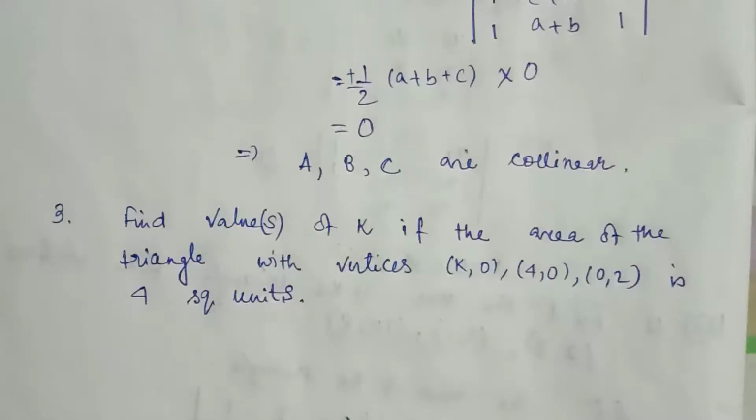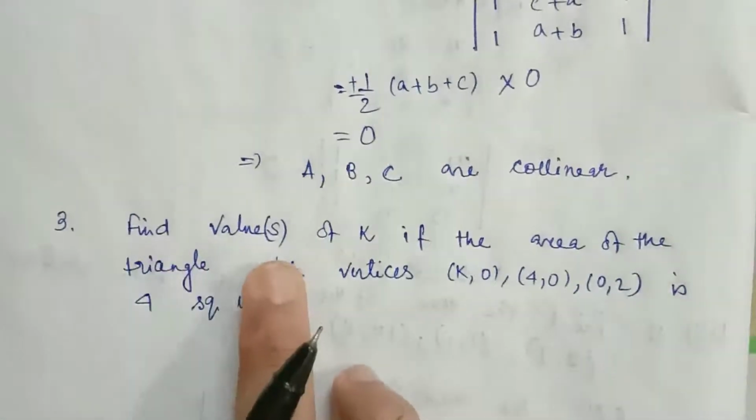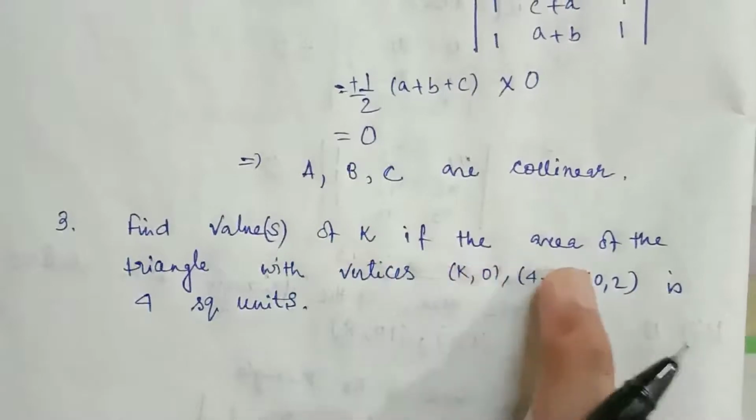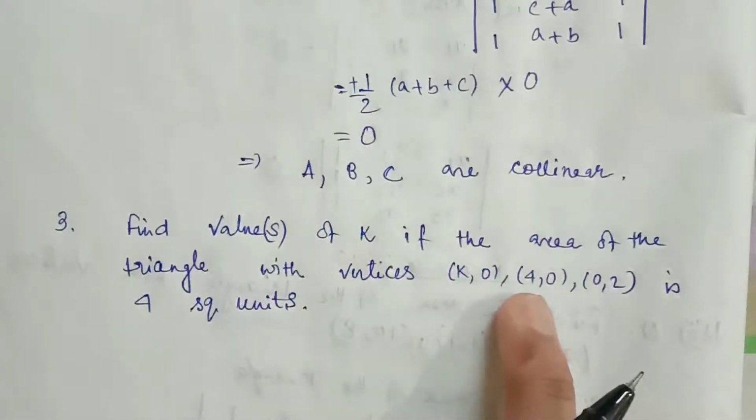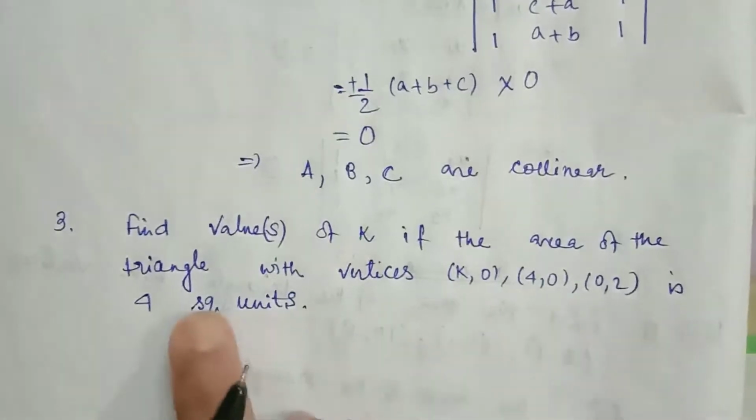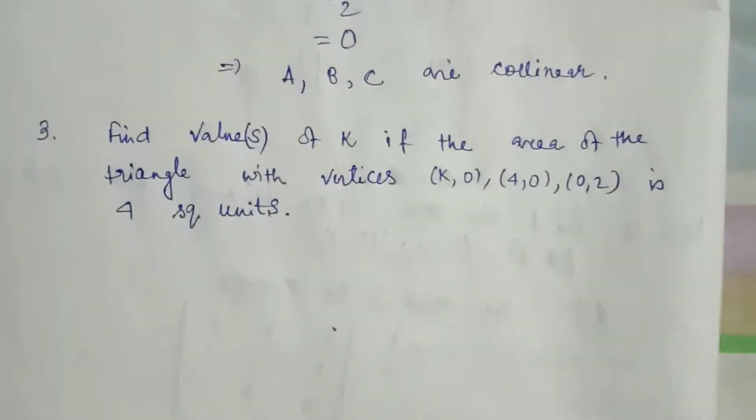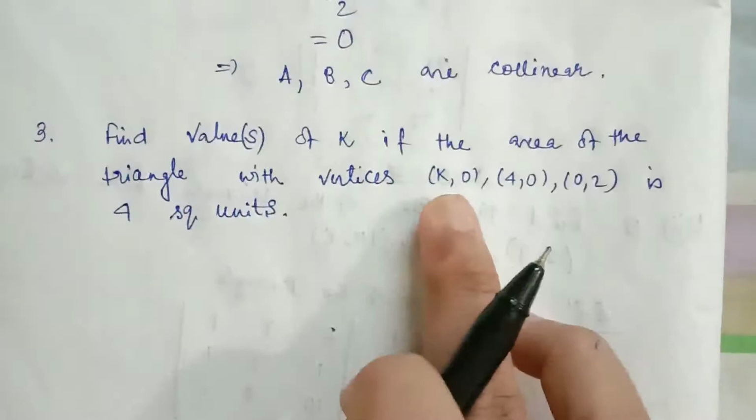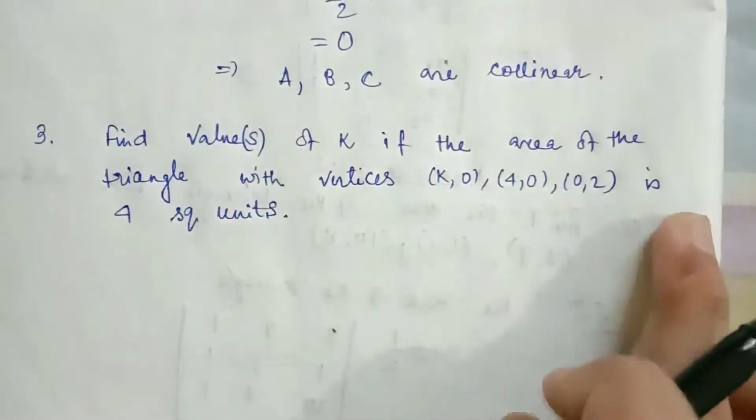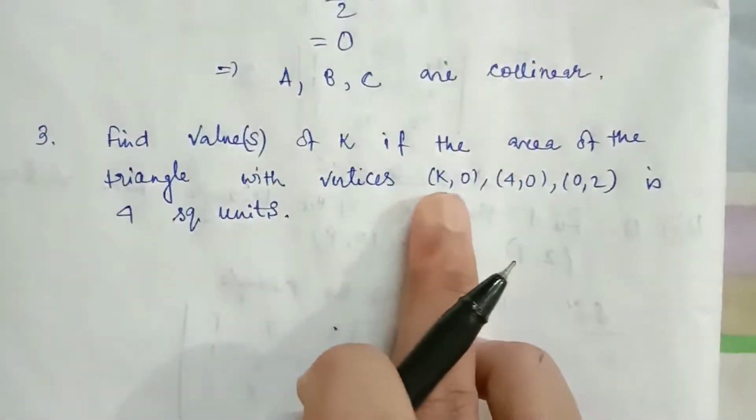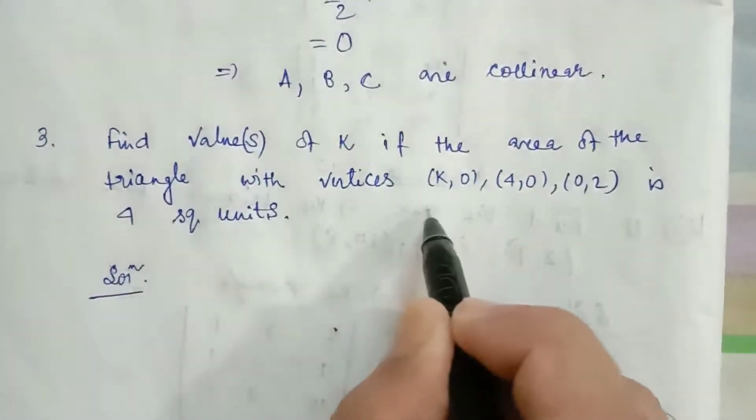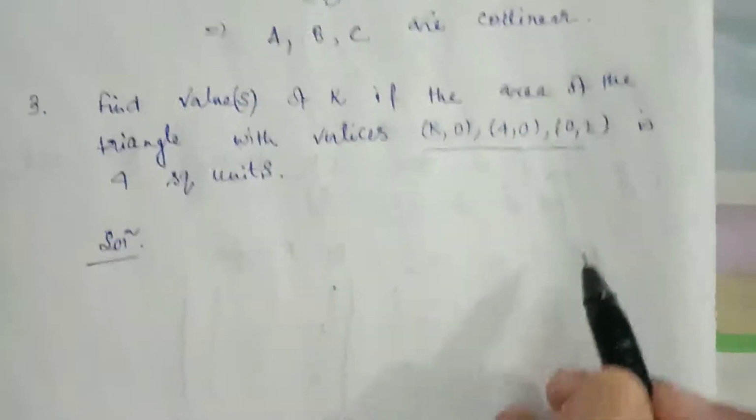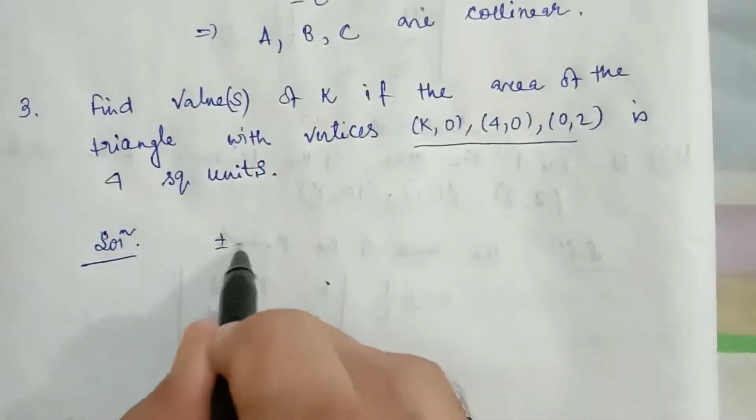Next, find the value or values of k if the area of the triangle with vertices (k, 0), (4, 0), (0, 2) is 4 square units. Given the area of the triangle with these 3 vertices is equal to 4, to find the value of k. Now we know if the vertices are given, the area of the triangle will be plus minus half into